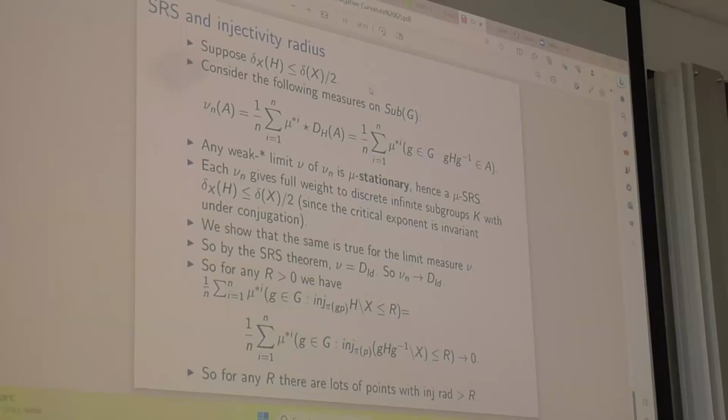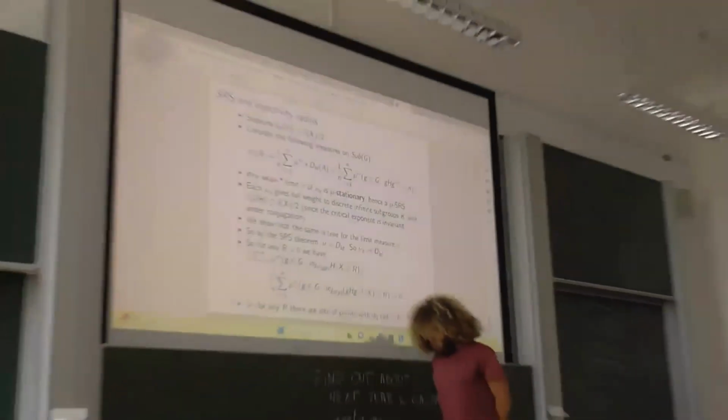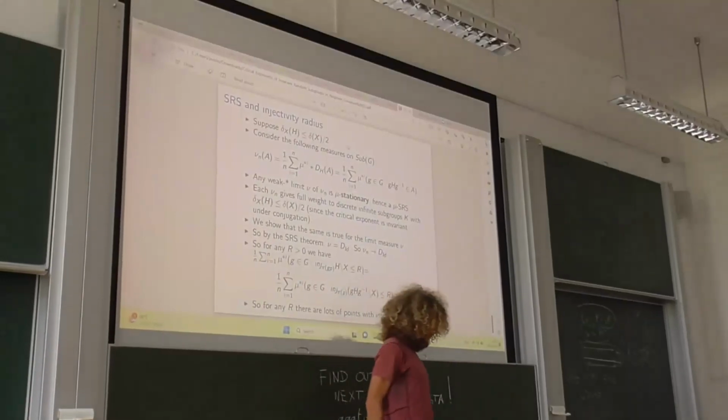So it's supported on subgroups with critical exponent less than half the maximum. And now you do some stuff. You want to show that in the limit, it's still supported on subgroups with critical exponent less than half the maximum. And this turns out to be true because